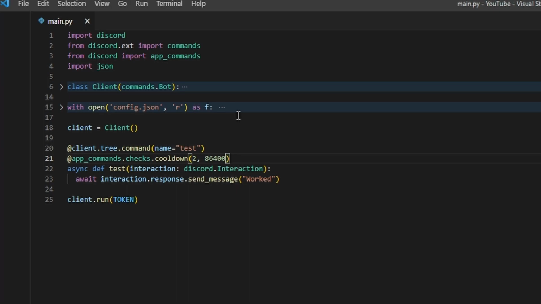And so this means that a user can only run this command 2 times every day. Or if you want it just once a day. So for example, if you have an economy bot and you want someone to collect a daily reward, this is what you would use. Or in my opinion, I don't know if there's better stuff to use, but this is just what I'm thinking is applicable to this. The app_commands.checks.cooldown, and you run it once every day, and you can change this however